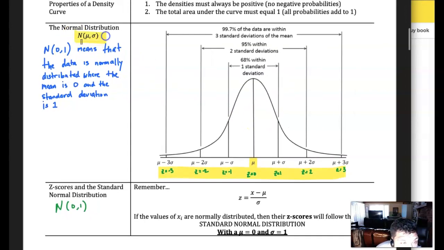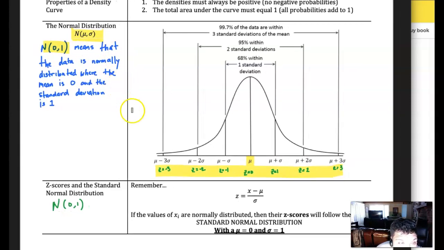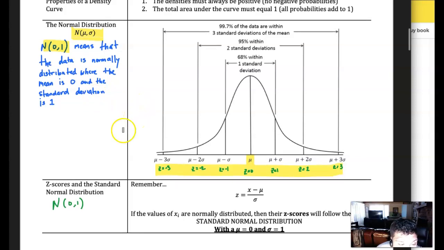And the last thing is, you might see this notation N(0, 1). This means that whatever data we're looking at is normally distributed, the mean is 0, and the standard deviation is 1. We'll see that notation a little bit